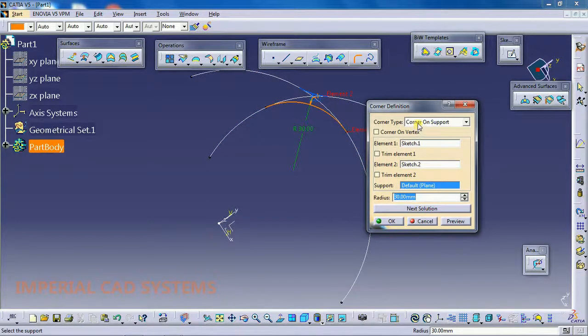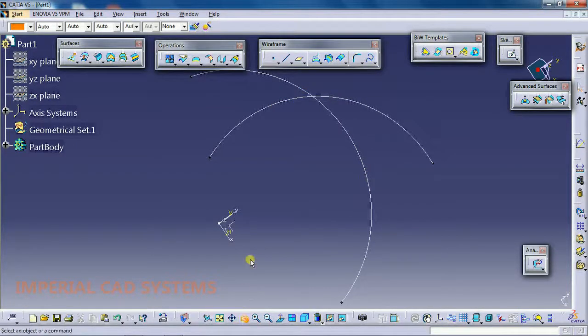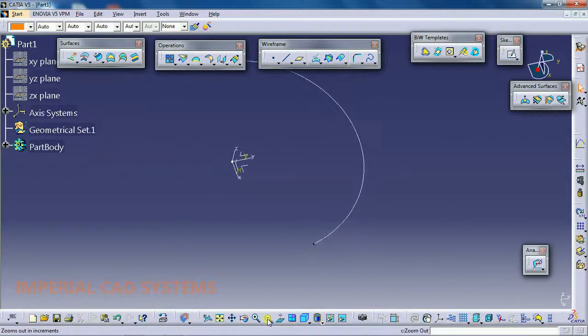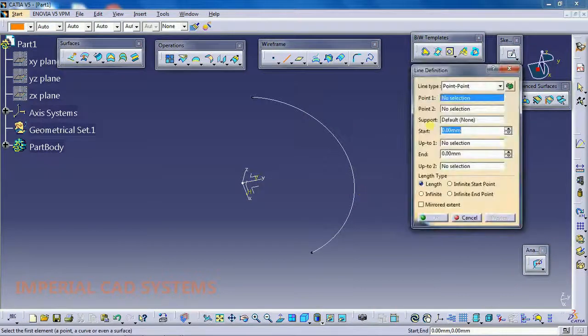Suppose these two curves are not on the same support. I delete this curve. I take another profile, not on XY plane. In 3D itself, I create a line, point direction.